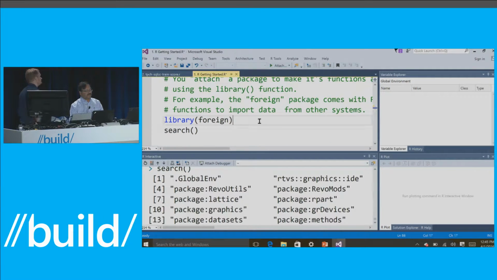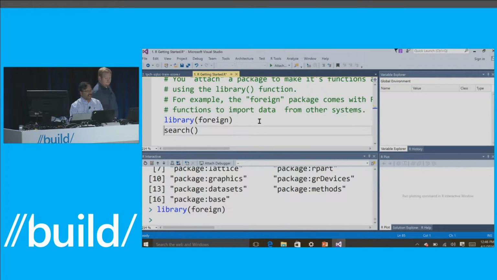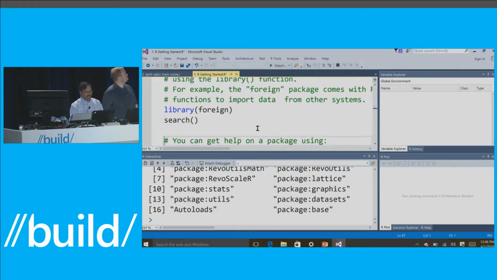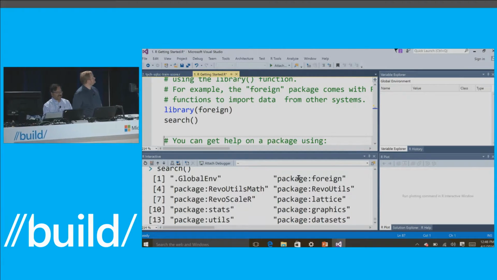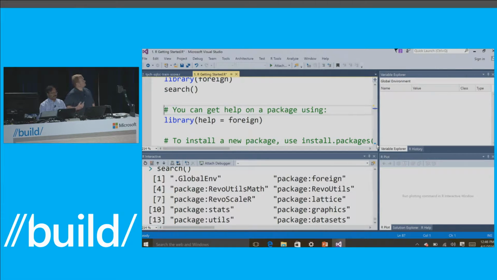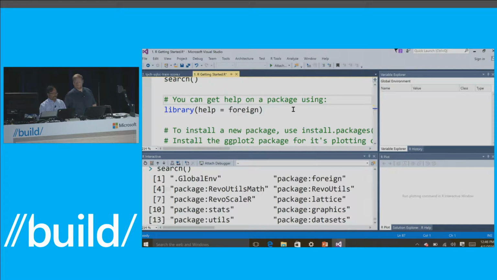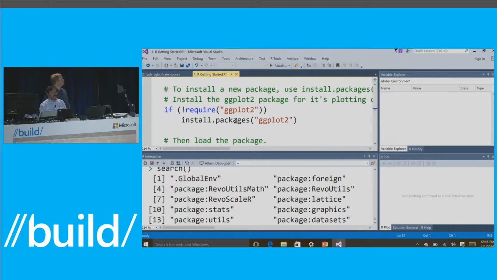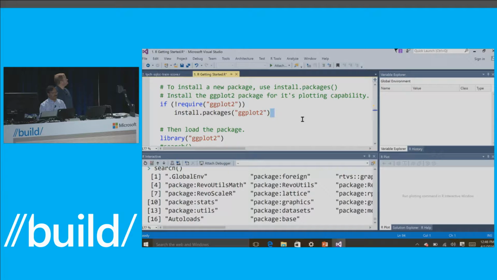For example, you're loading a library called foreign, and then when you search, you will see that now foreign is available to this program. So what you've done is you've loaded it. This is similar to SSMS with an interactive mode, where you can just execute things step by step. And then we are going to actually use ggplot,